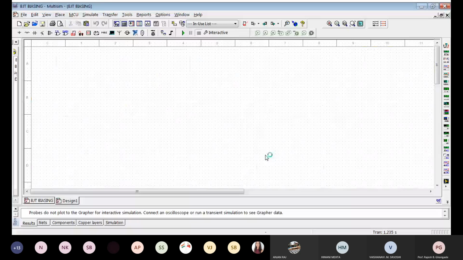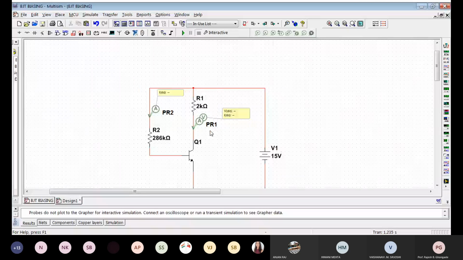So how did I construct this circuit? I think we have already seen how to do that. The only thing required is to first see the transistor that I'm going to use over here. So this is the fixed current bias circuit.